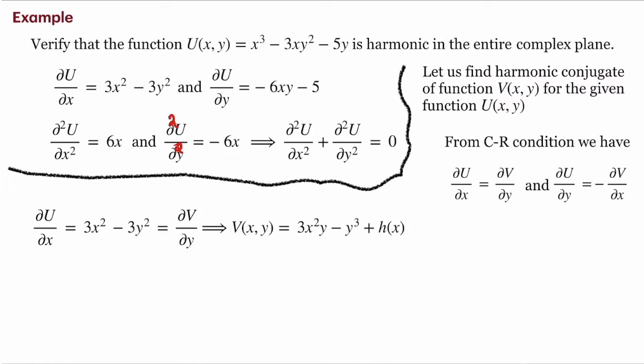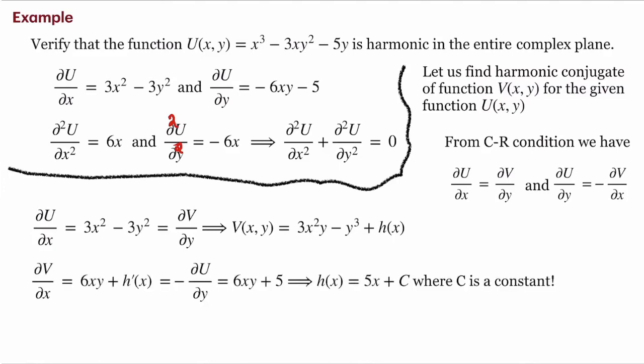From this, we can integrate to obtain v of x, y as 3x square y minus y cube plus h of x. Because it's a partial differential equation, there is an uncertainty about the solution as a function h of x, which we can pin down based on the second Cauchy-Riemann condition,